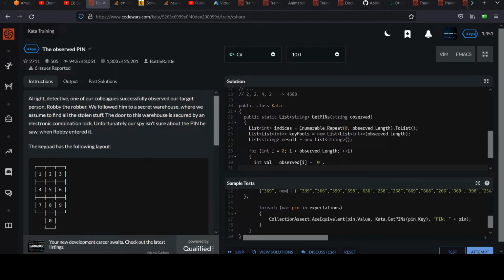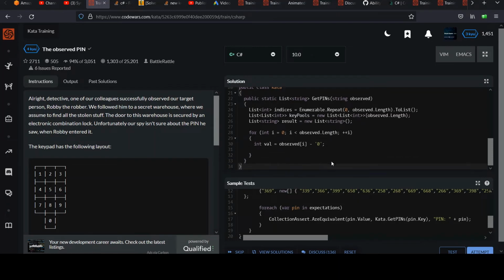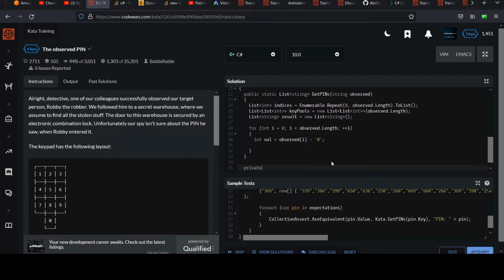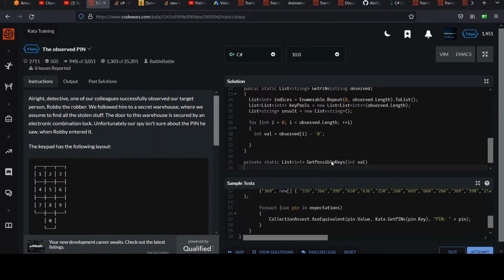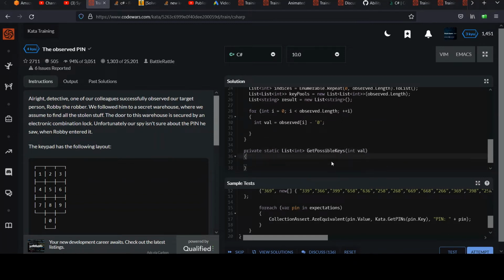And then the idea being is once we have that, wouldn't it be nice if we had a helper method that could just get us the possible key values that are associated with that value? So let's make a helper method to do that. Private static list of int is what we're looking for, and we'll call it get possible keys. And for this, we need to tell it what number it was that we want the values for, right? And so for get possible keys,